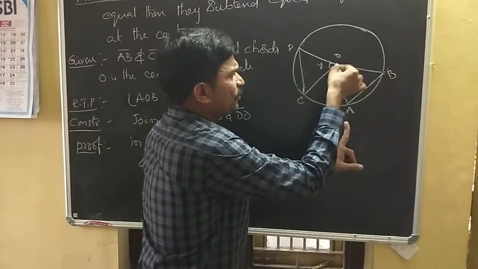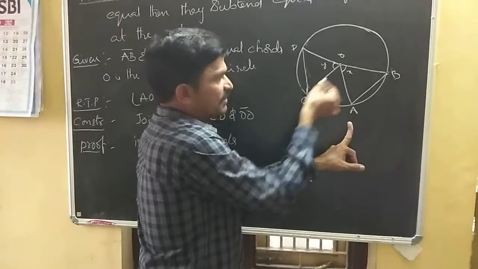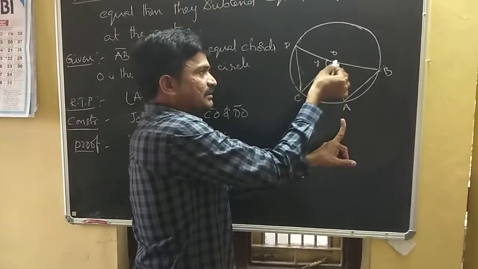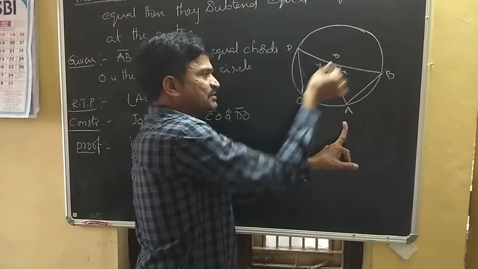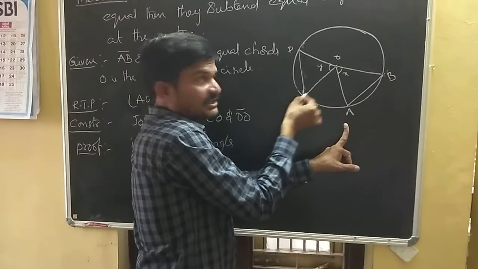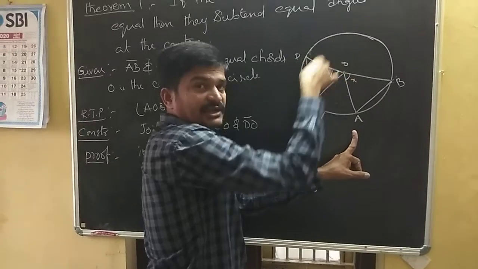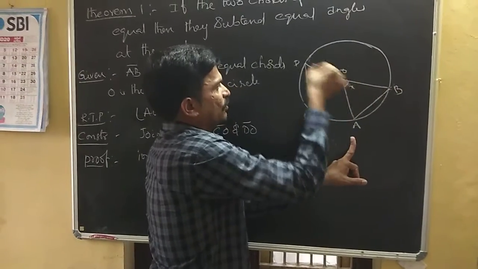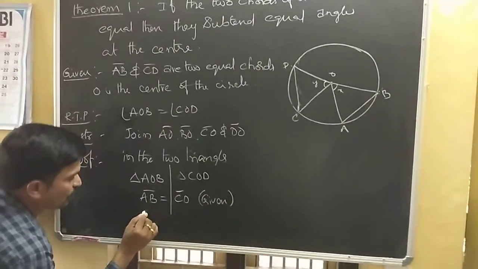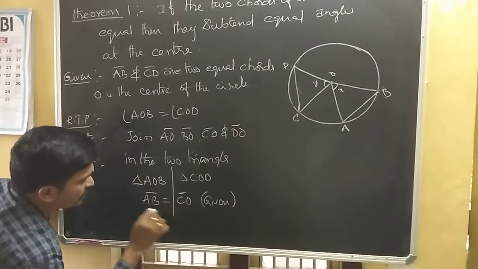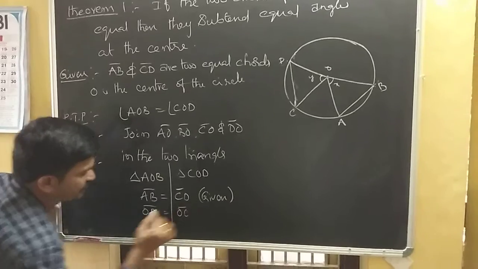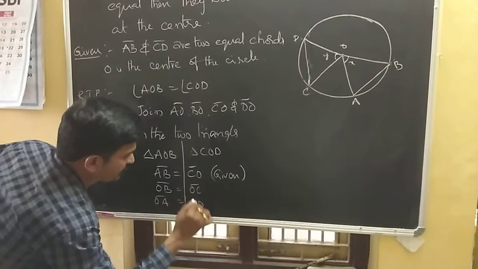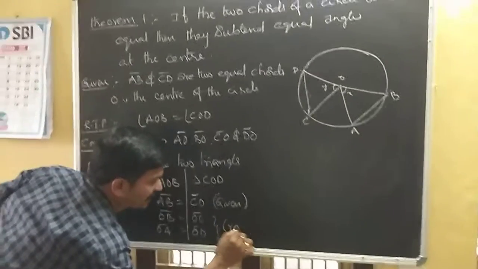Here, OB equals to OC because this is the radius. See, O is the center, C is any point on the circle. The line segment joining the distance from fixed point to any point of the circle is nothing but radius. In any circle, all the radius will be equal or not. So, OC equals to OB, OD equals to OA. Anything you can take. OB is equals to OC. OA equals to OD. Why? This is radii.